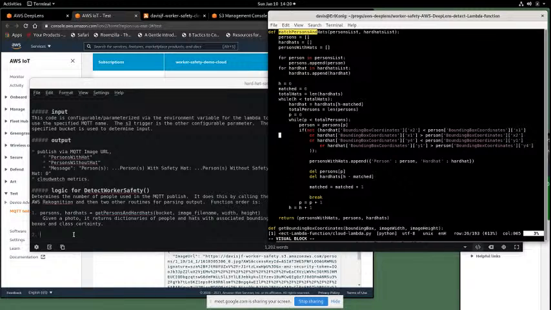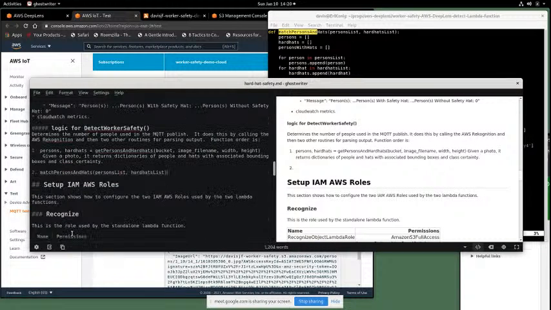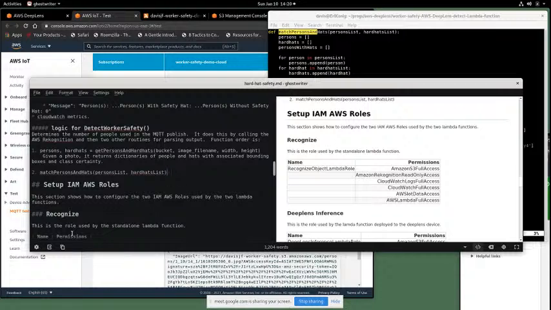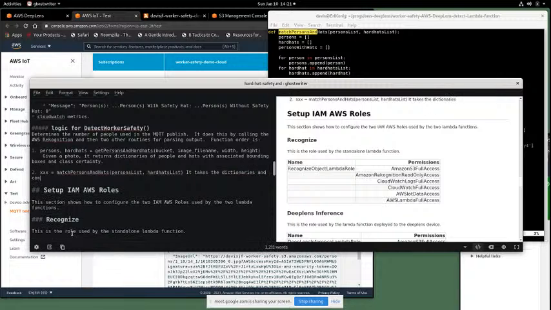Oops. Control V. So this is, we'll look at whatever XXX equals. So it takes the dictionaries and converts them to a list, then